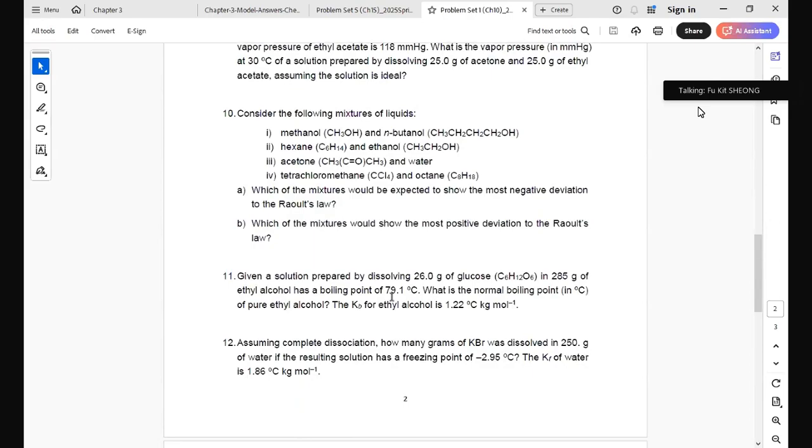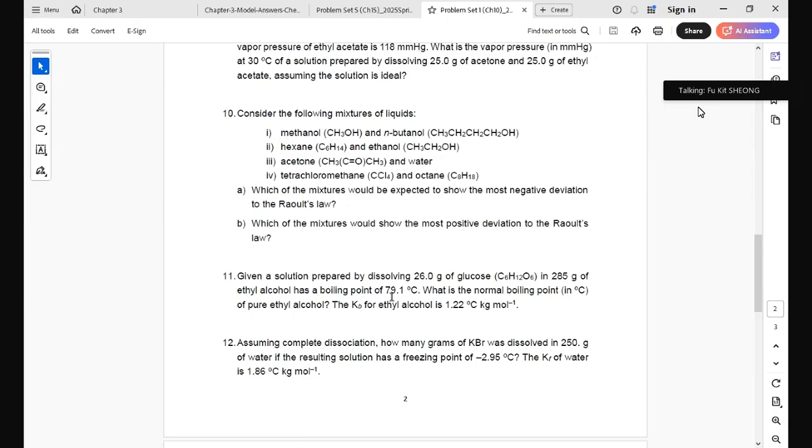No problem. Chapter 10, question 10 is about mixtures and the deviation from Raoult's law: which one is negative, which one is positive, which one is most likely to be the most negative, and which one is likely to be the most positive. Most negative deviation means the two